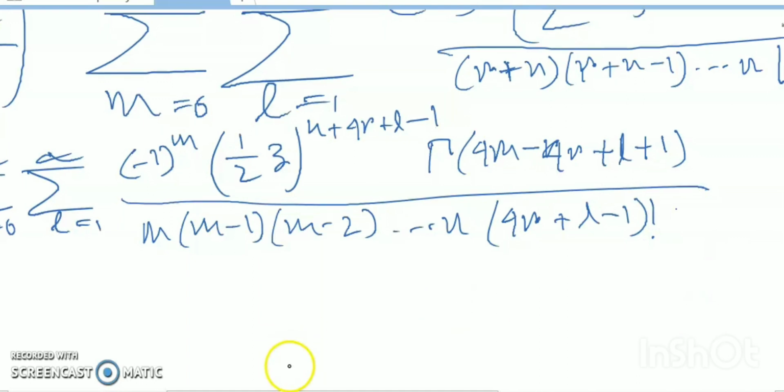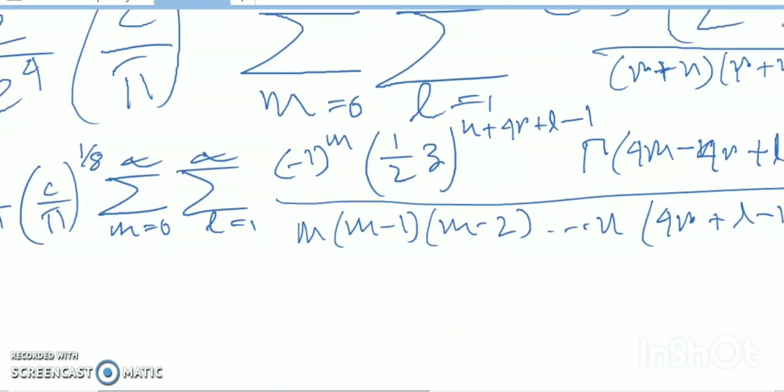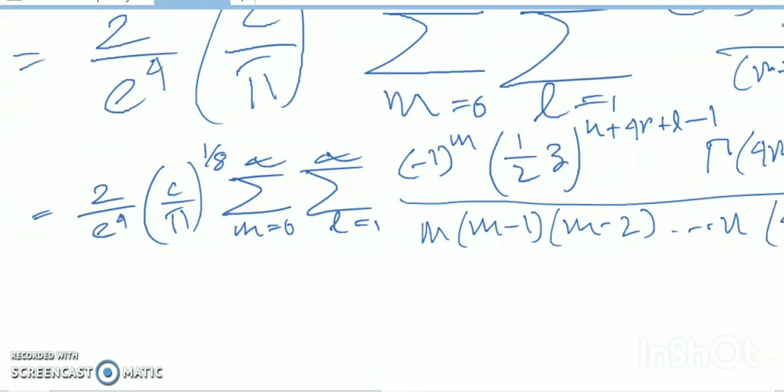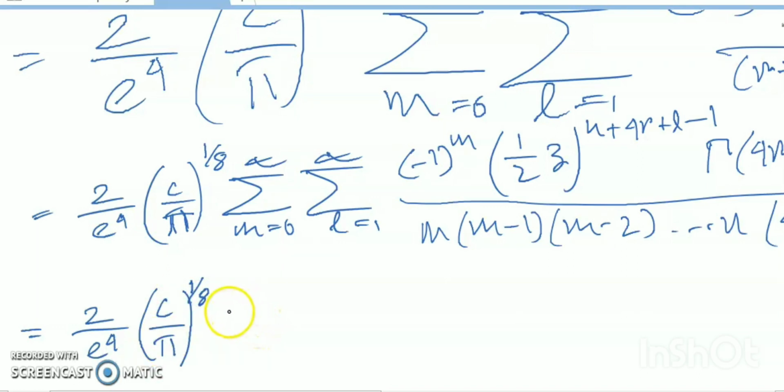Okay, so it can be written 2 into e to the power 4 c by pi to the power 1 by 8, and this equation can be written, just convert it in this way, m equals 0 to infinity